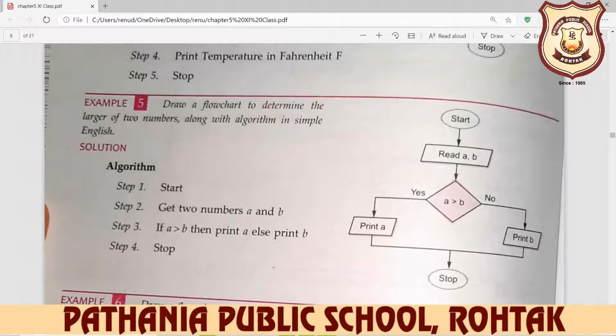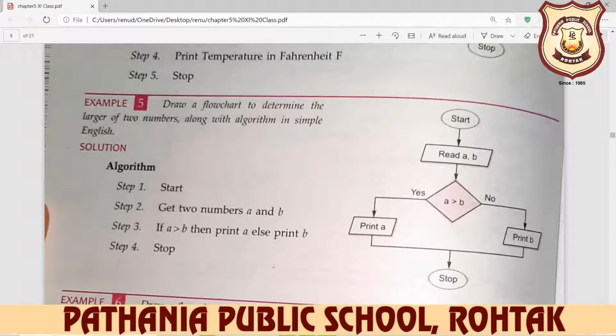Draw a flowchart to determine the larger of two numbers. For this, first we need the two numbers. For example, we take the numbers A and B. Decide any name: number 1, number 2, A, B, X, Y, Z, any name.